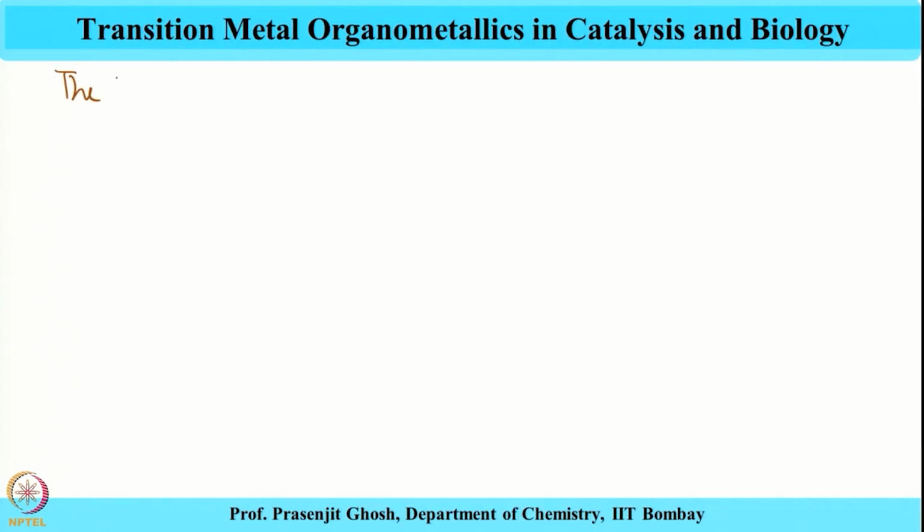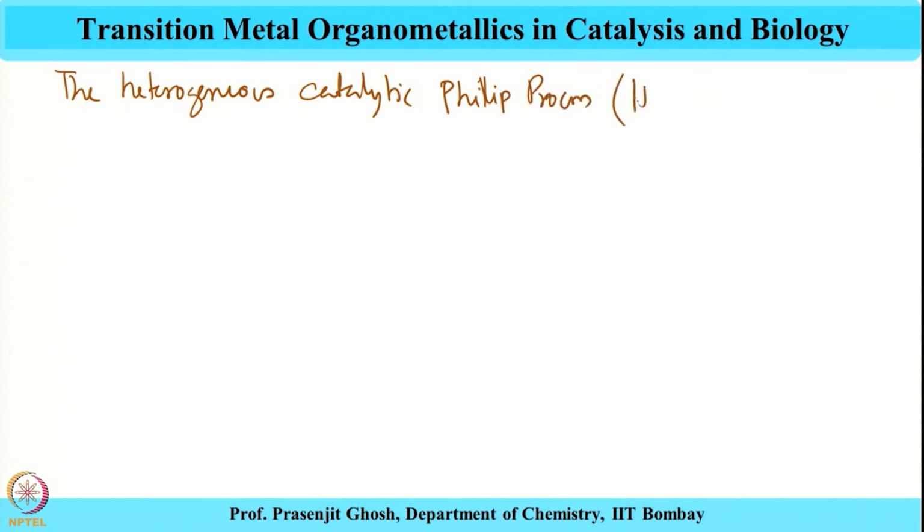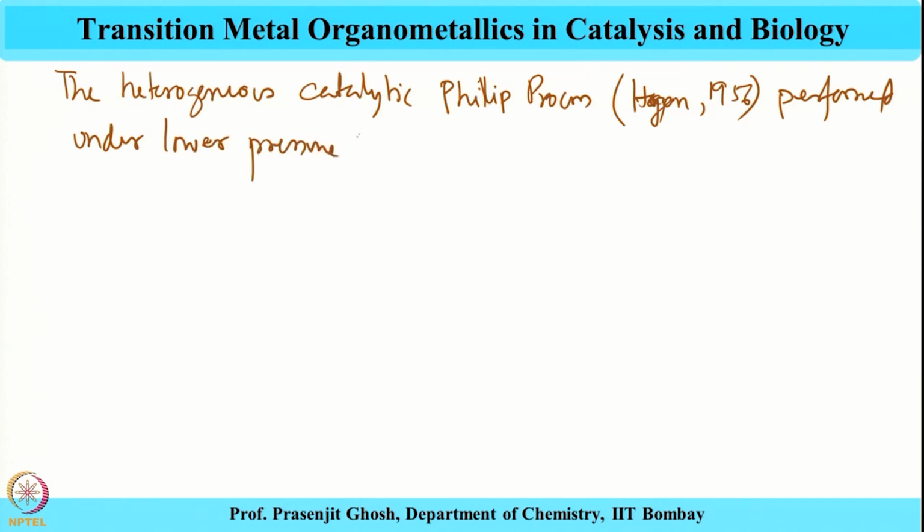The heterogeneous catalytic Phillips process by Hogan, 1956, performed under lower pressure, about 10 to 30 bar, and delivered